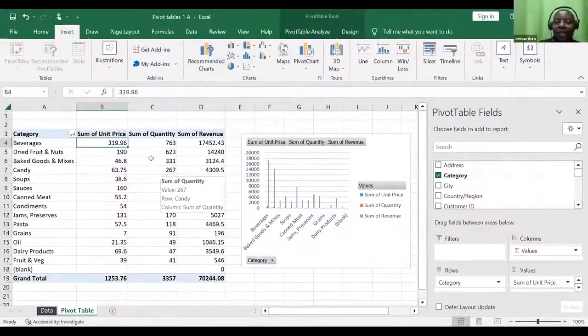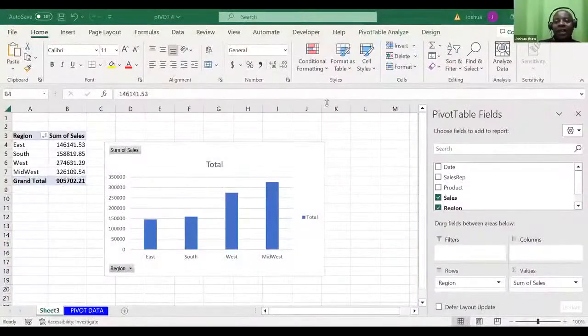Now, please listen to me very well. Students in this case are not able to see the pivot analyze. I know why. When you are here, for you to be able to see other functions, you must click one number inside your table.